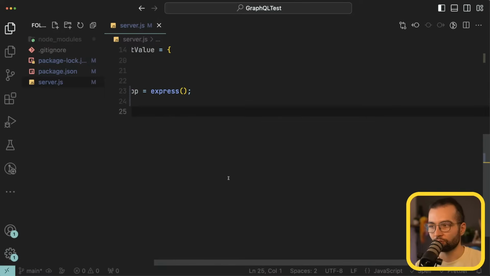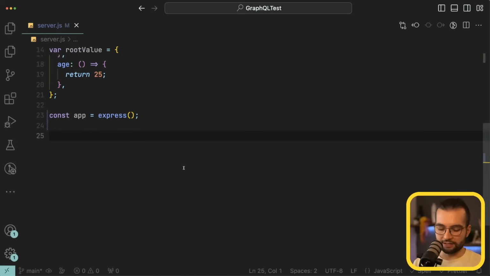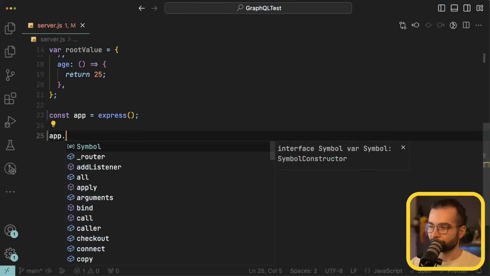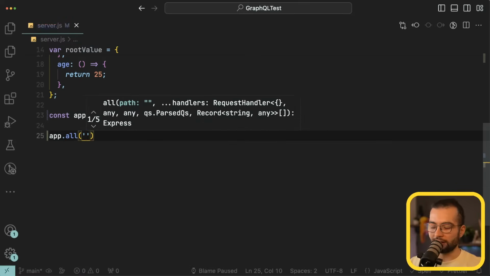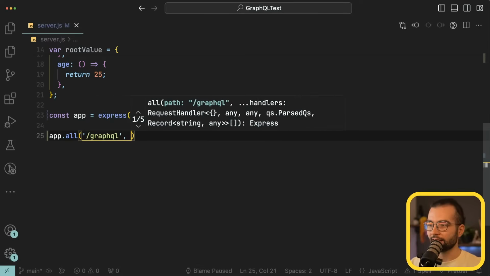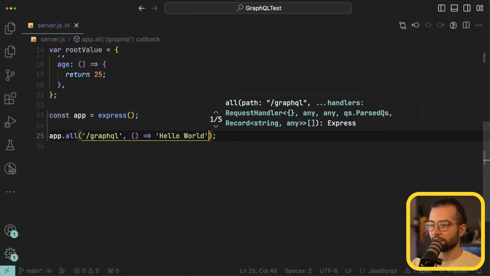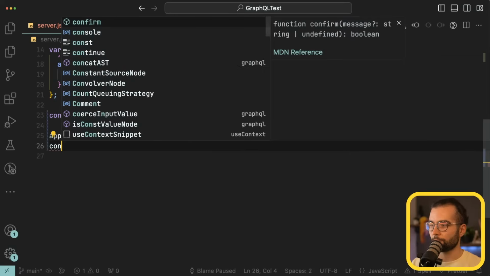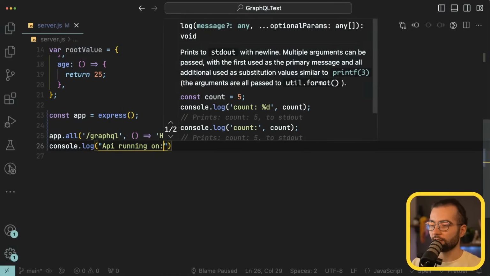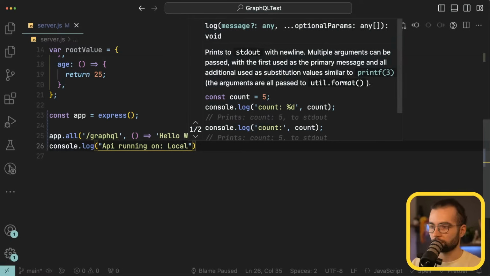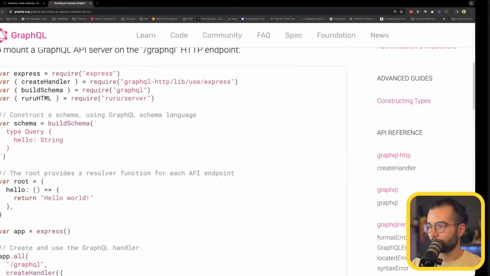And just to do it really step by step, I'm going to say that for all the requests that are coming to, let's say, /graphql, let's simply return hello world, and then we're going to console.log API running on http://localhost